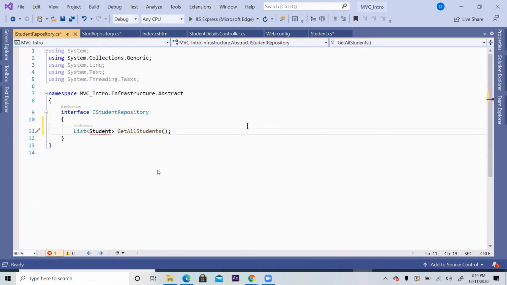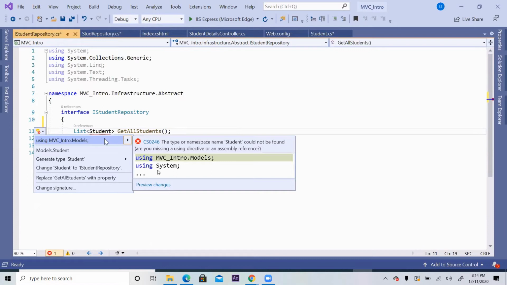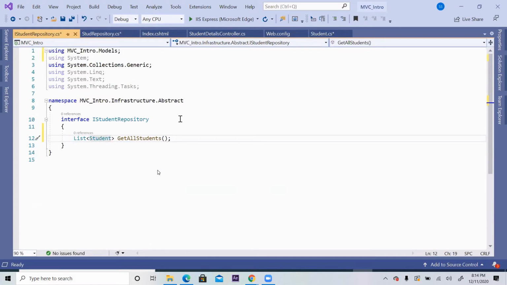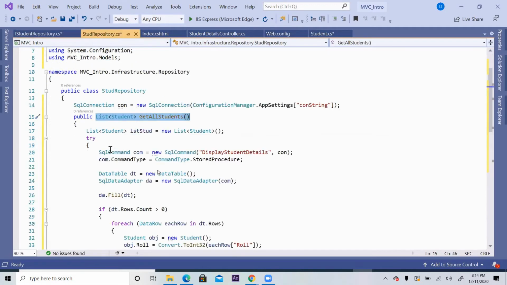The Student class is necessary, so take the namespace. Control dot and then add it. Okay. So declaration part in the interface and definition part in the repository class, and you must inherit. We say it as implementing the interface.